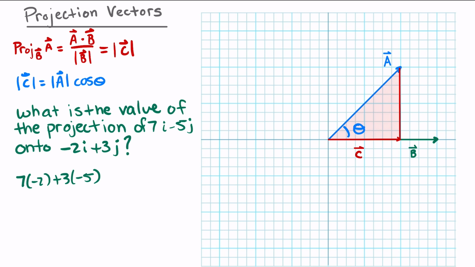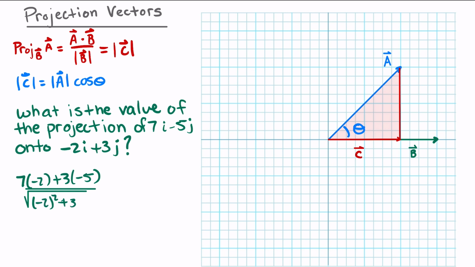This is the dot product of our two vectors. And based off the expression that's given for finding the magnitude of our projection vector, all I need to do is divide this by the magnitude of our vector B. The magnitude of vector B when given in components is simply just that Pythagorean theorem. So I can take negative 2 squared